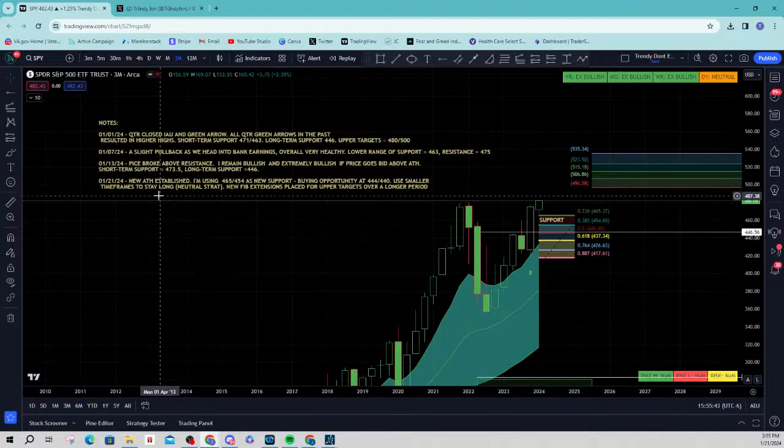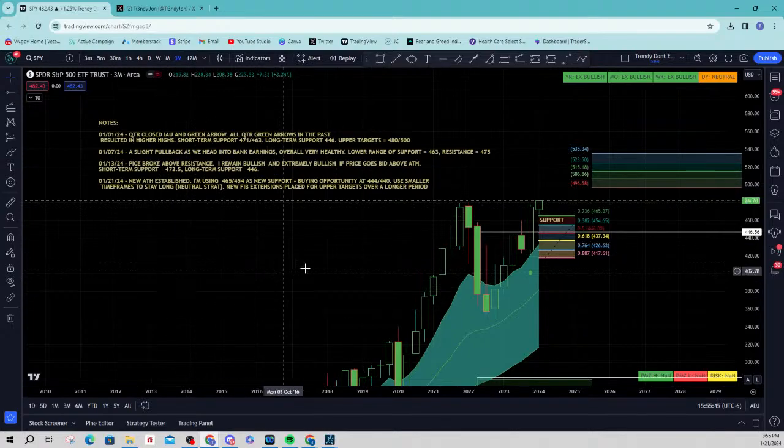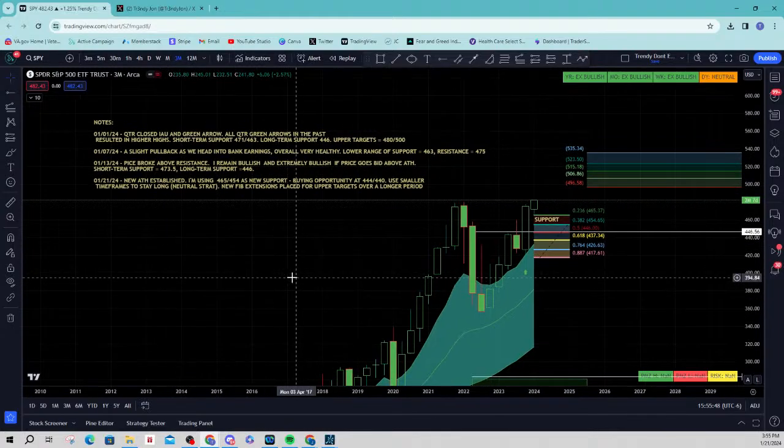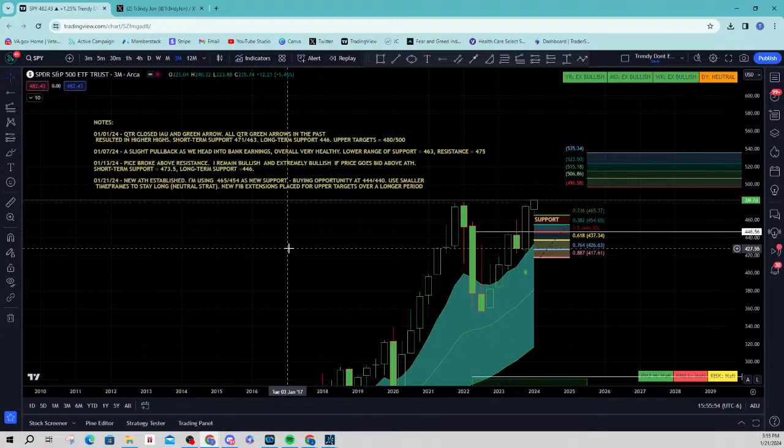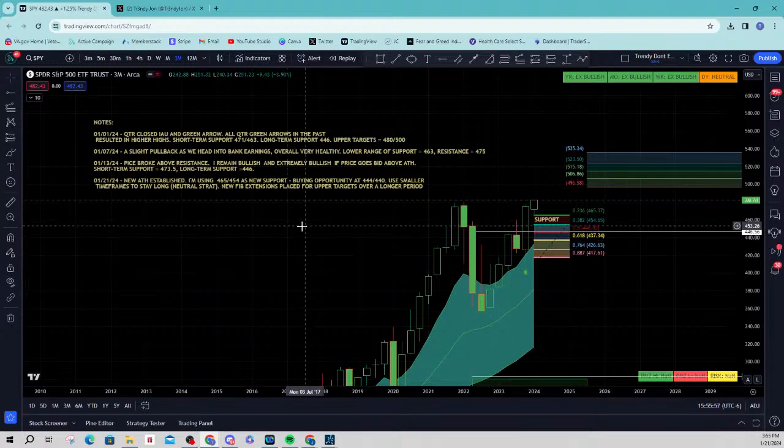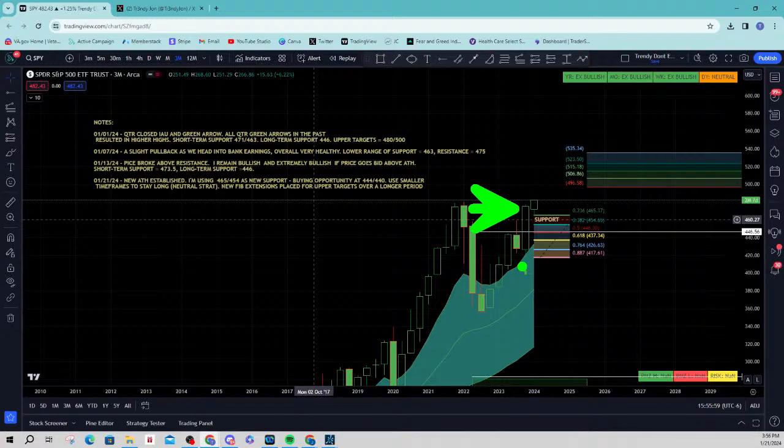Use smaller time frames to stay long. And the reason why I say that is, again, use this information I'm giving you. It's fractal. Use it on smaller time frames to help you stay in this trend, because it's not going to be easy. See, the quarterlies and the annual charts that I show you make trading look easy. But in this candle right here, for example, that was the last quarter, well, last quarter was pretty easy. I'm just saying easier, because the trend was really beautiful for a very long time.